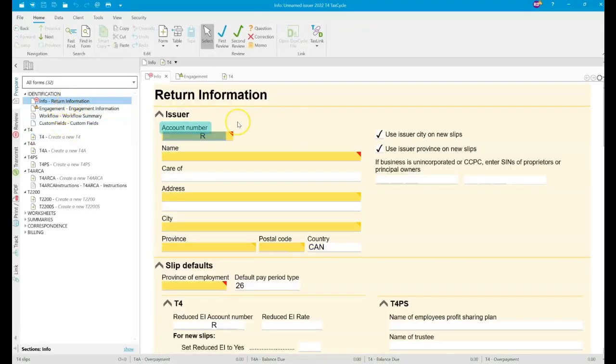The first screen or the sheet is the info sheet, and this information is for the employer. This information is only for the employer. So you put the employer business number, and it's always RP0001, name